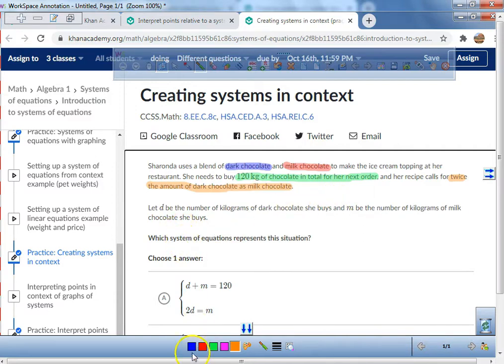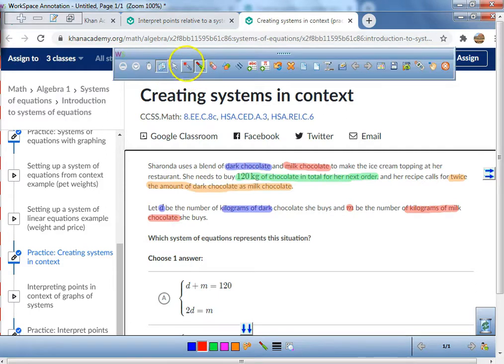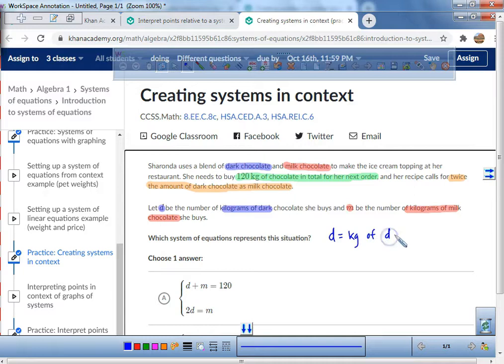So right now it says let D be the amount of kilograms of dark chocolate, and then it says let M be the amount of kilograms of milk chocolate. All right, so now we always want to write down our variables, okay? So here we go. We're going to write down our variables. D equals the kilograms of dark